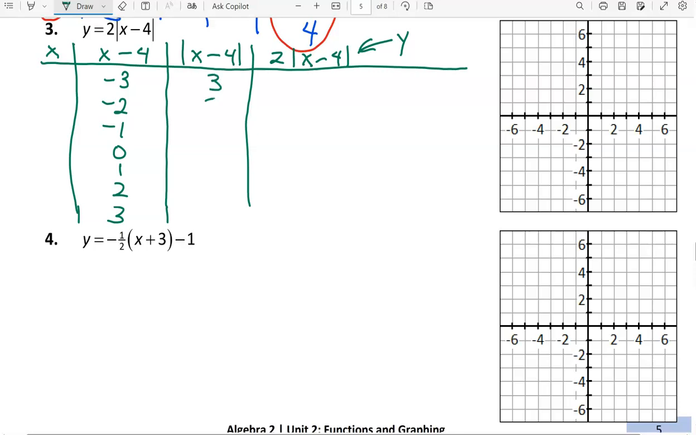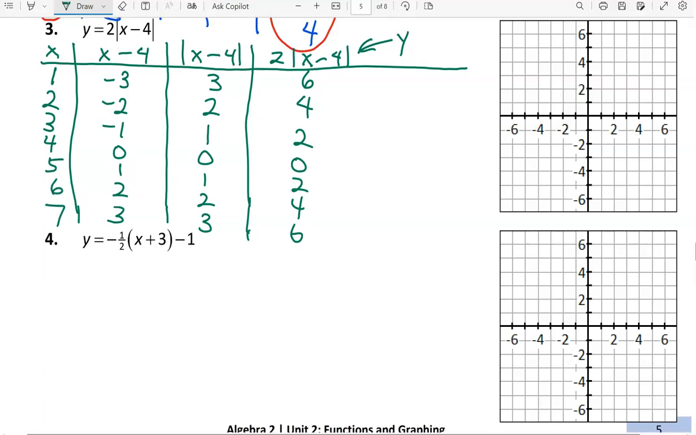In the next column, take the absolute value of each of those values, and then in the next column, we need to multiply each of those by 2. 6, 4, 2, 0, 2, 4, 6. And then lastly, to move from the x minus 4 column to the x column, we add 4. And the first column represents our x values of each ordered pair, and the last column represents our y values